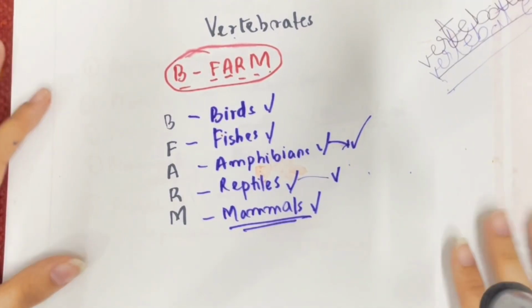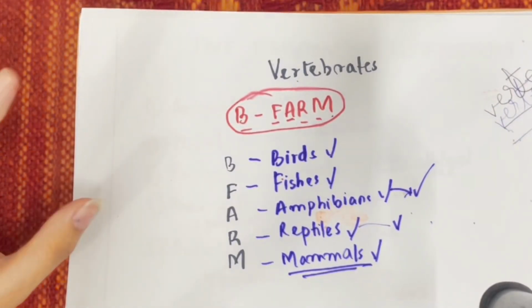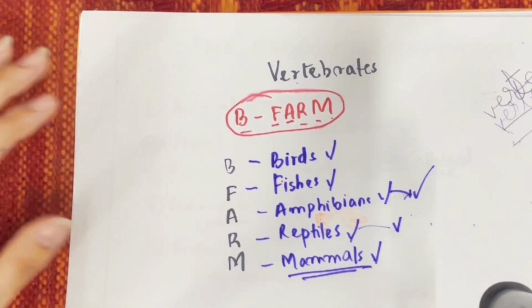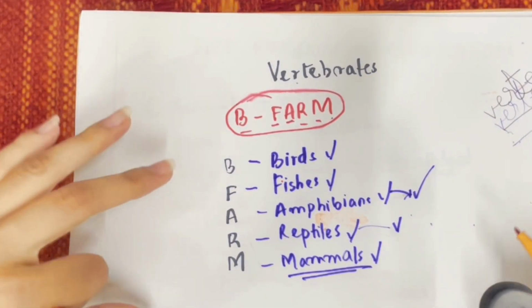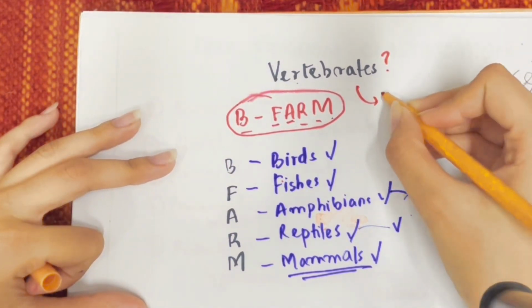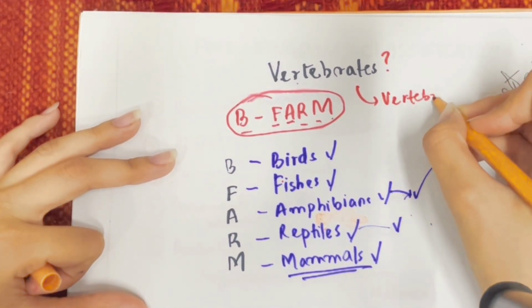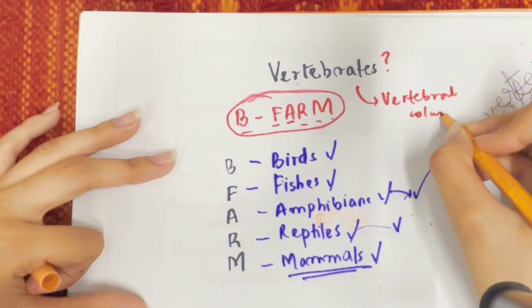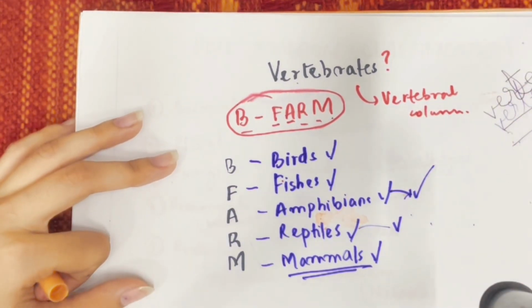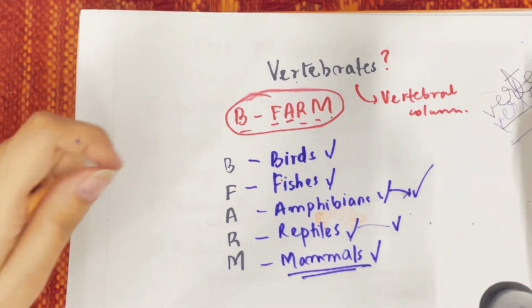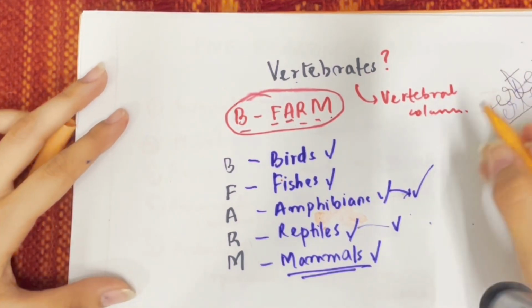Let's have a look at the basic classification, that is the vertebrates. What is meant by the term vertebrates? Vertebrates are those organisms that have a vertebral column, that is, they have a backbone, and can survive on their own basically. It's a very easy trick to learn the further groups of the vertebrates,